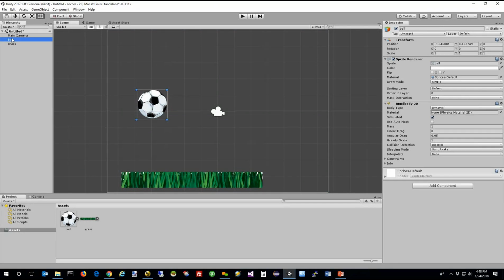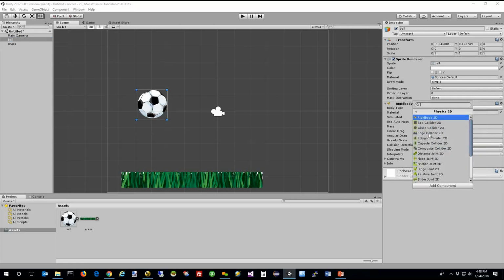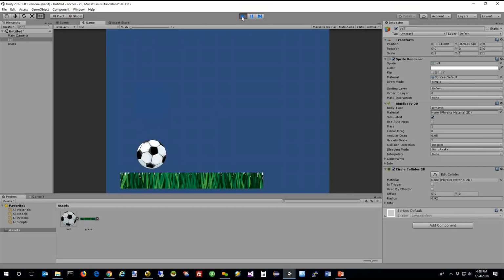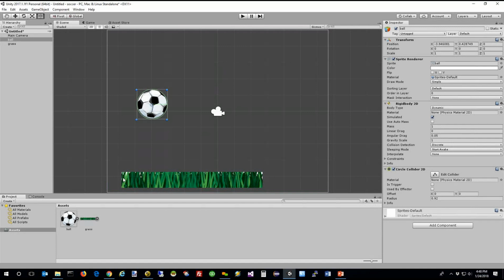I'm going to come back here to the ball object, and I'm going to add another component, Physics 2D, and we're going to do a Circle Collider because this is primarily a circular ball. So we'll do that. You can see a little green outline there around the ball. So this shows you the collision boundary for the ball. We can run it again. And the ball still is just going to drop straight through the darn grass